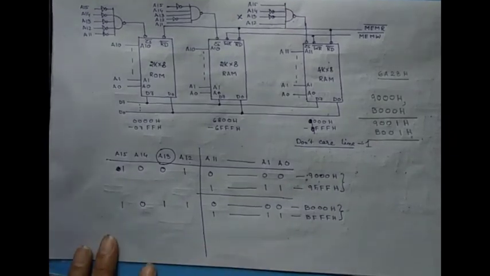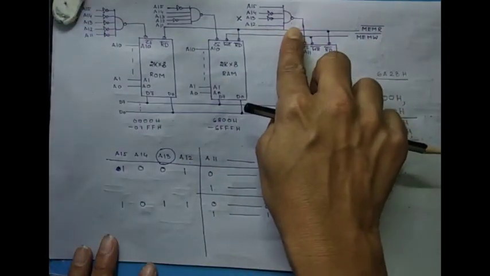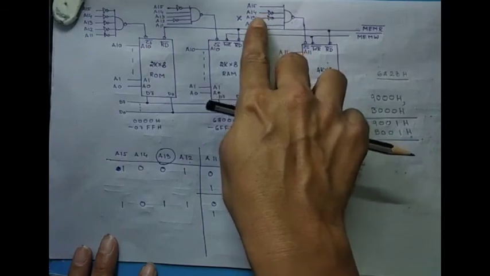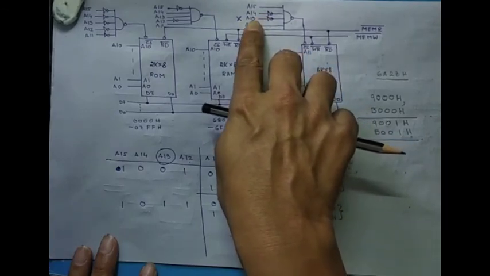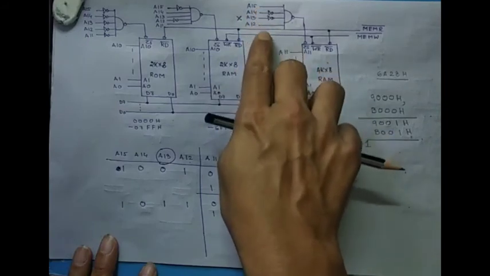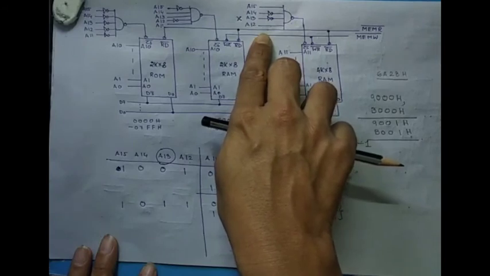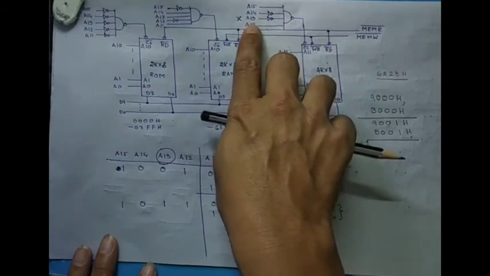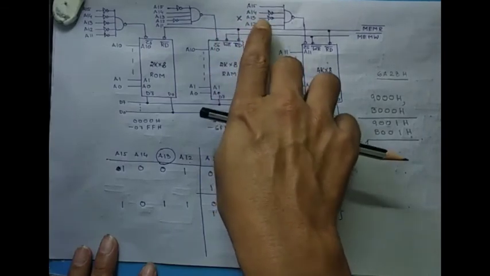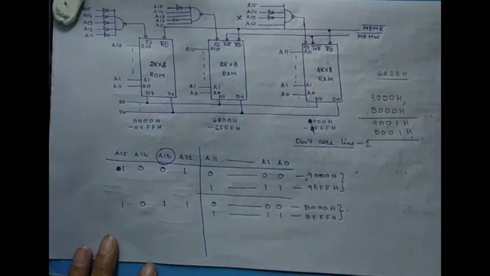Why two address ranges? Because the A13 line has not been used in the circuit. So the A13 line can be either at logic 0 or at logic 1, and as long as A15, A14 and A12 are at the required logic levels, it does not matter whether A13 is at logic 0 or logic 1, because in both cases the chip select signal to this RAM device will get supplied.